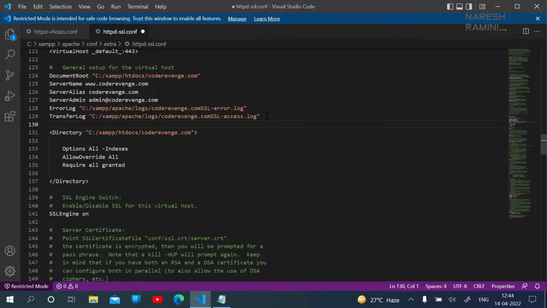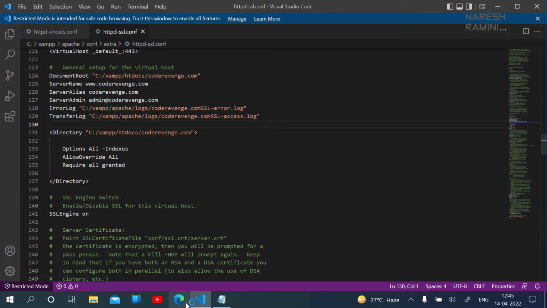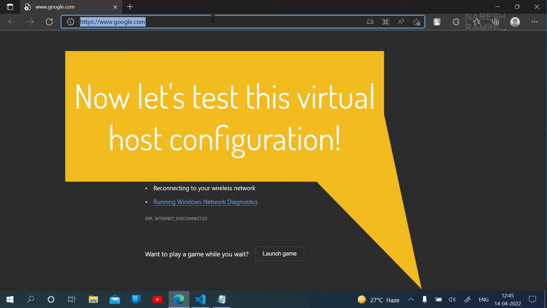So with this we finished configuring the virtualhost for the request that we receive on port number 443 for coderevange.com. Now let's save this file, open XAMPP, stop Apache, restart Apache, close this. Now open the browser. Now since this virtual configuration is for addressing HTTPS requests, we need to test the HTTPS version